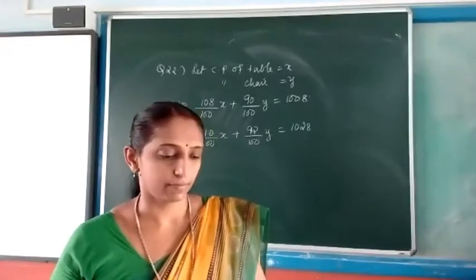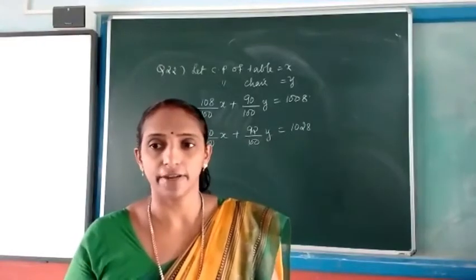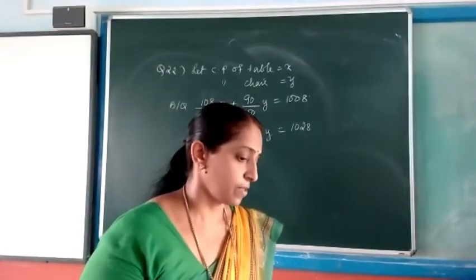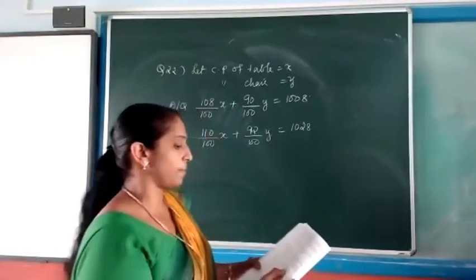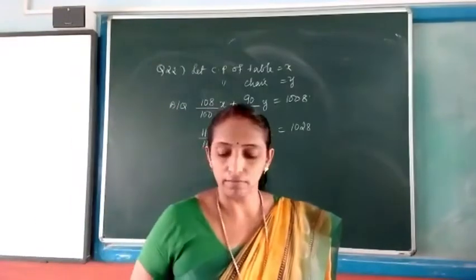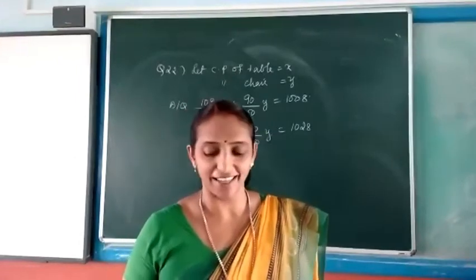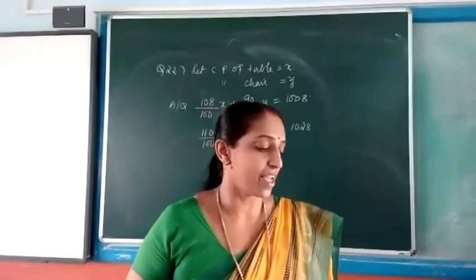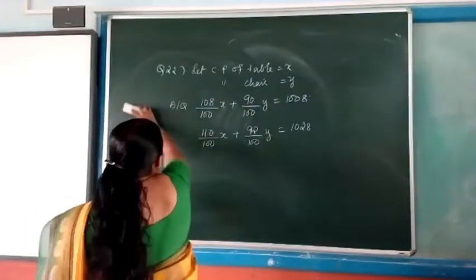Ma'am, can you please tell question number 27? Question number 27. 2 men and 5 women can do a piece of work in 4 days, and 1 man and 1 woman can finish it in 12 days. So if you are taking